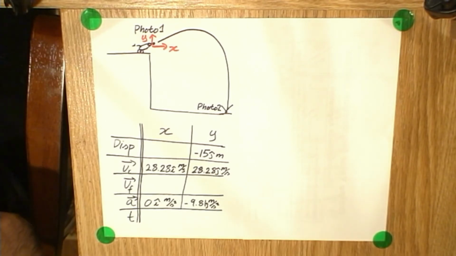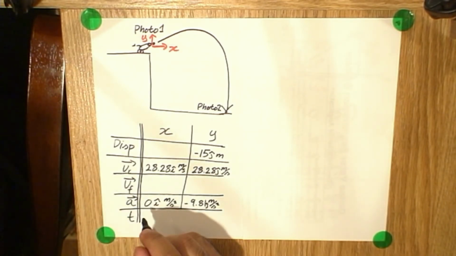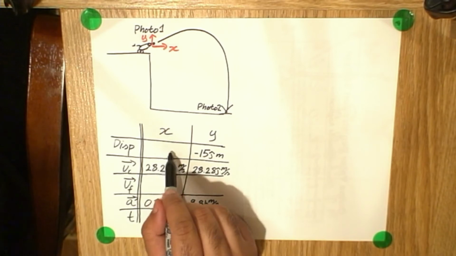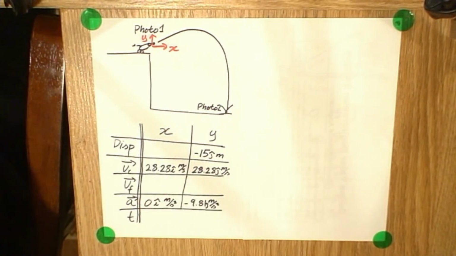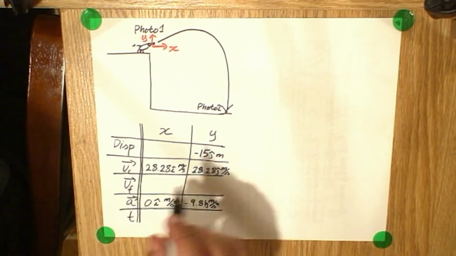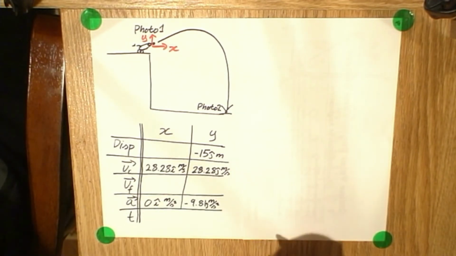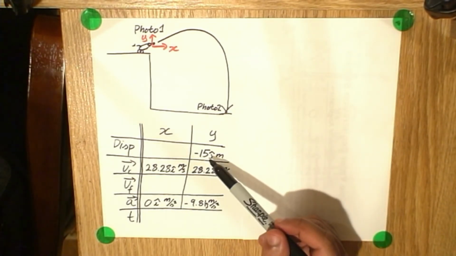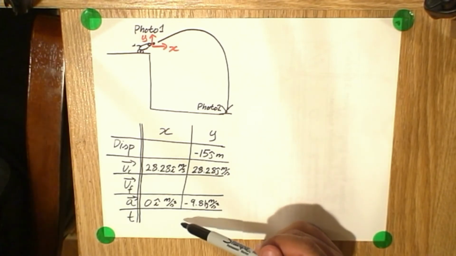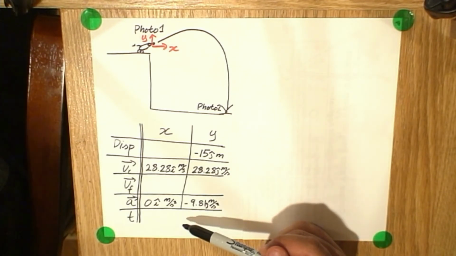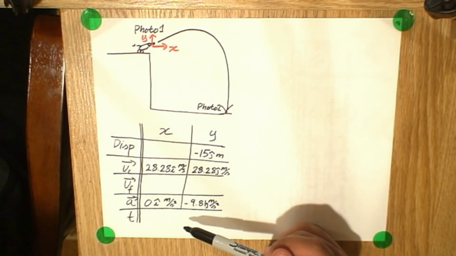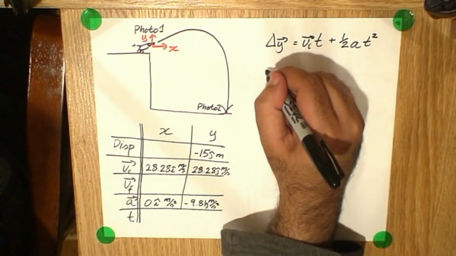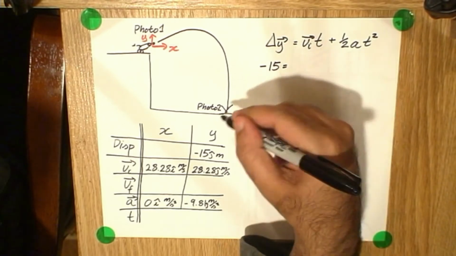Remember what the question was originally asking for. We needed to find the time of flight and the landing point, or in other words, the displacement. At this point, we have so much information in the y direction that we can easily solve for the time of flight. All we need is an equation that weaves together displacement, initial velocity, acceleration, and time. At this point, as you've probably guessed, this is going to be toolbox equation number 2. So, delta y, negative 15, equals v initial